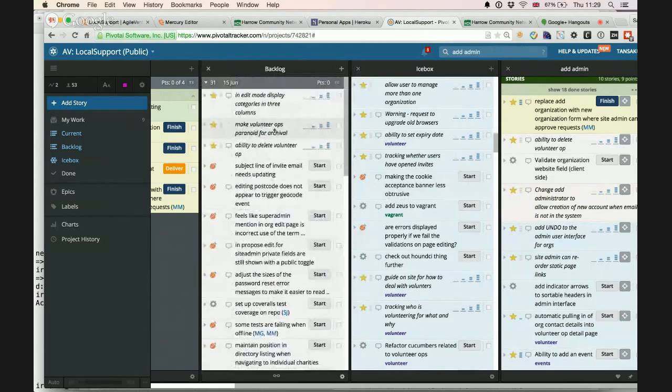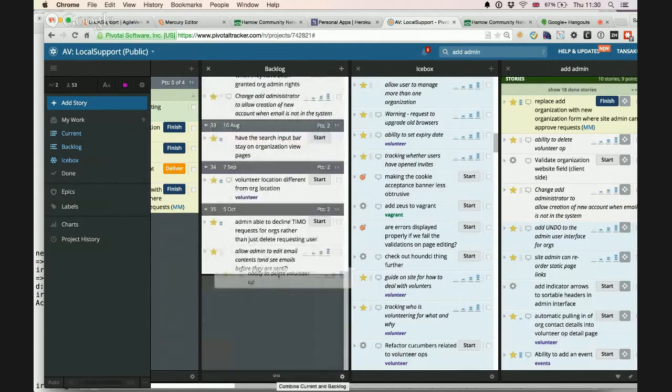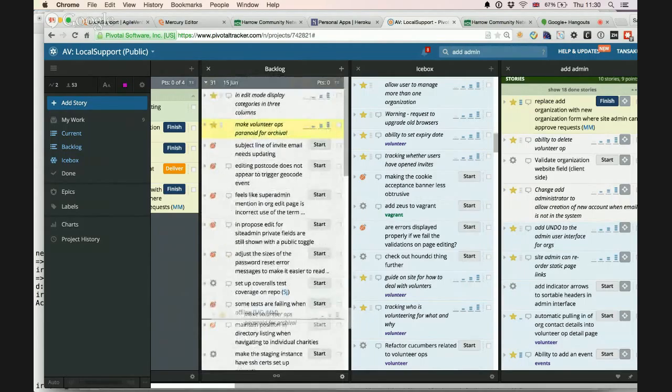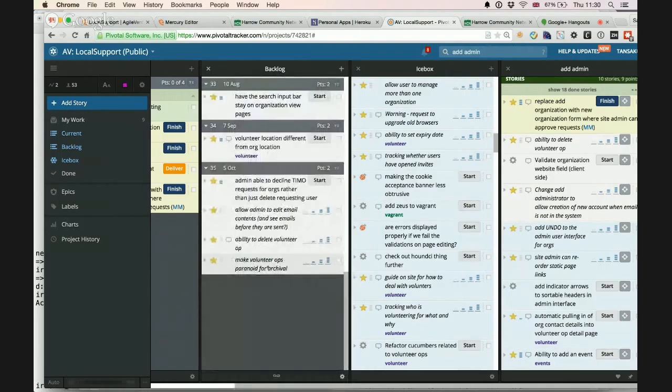I guess we've got these three that we haven't voted on yet. To make volunteer ops permanent. These two are basically ones that I created relating to backing up, well, I guess actually this was me wanting to make them paranoid for archival processes.